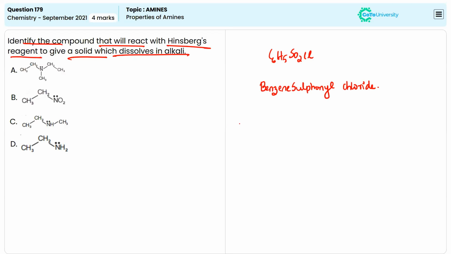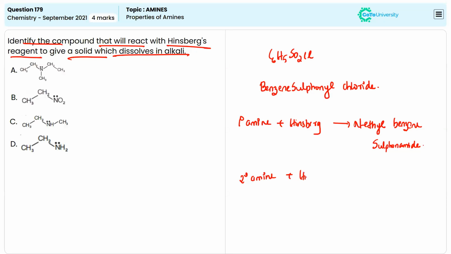Okay, so when a primary amine, this is a general reaction, reacts with Hinsberg reagent, they will produce N-ethyl benzene sulfonamide. Okay, at the same time, if you are taking a secondary amine,